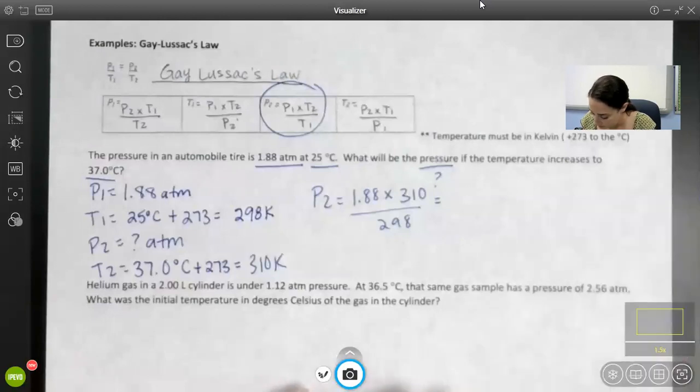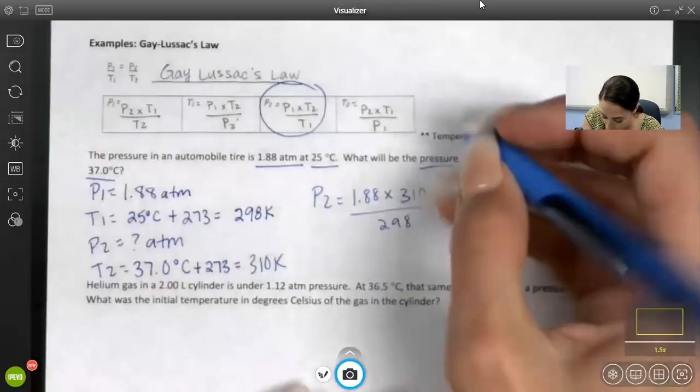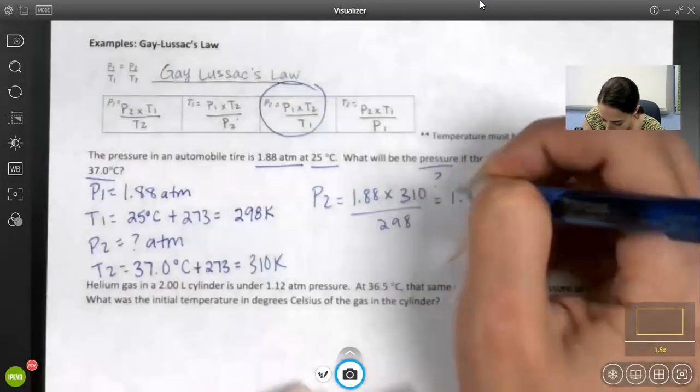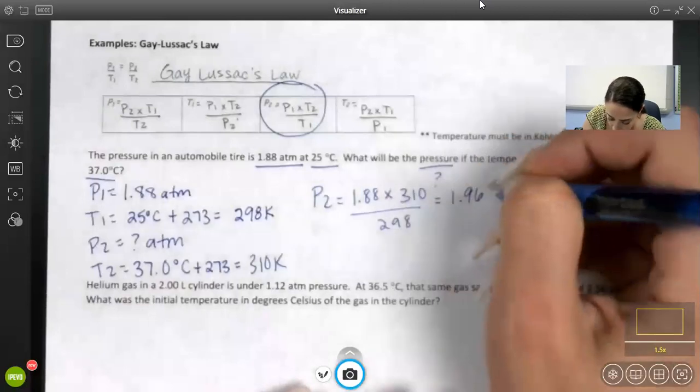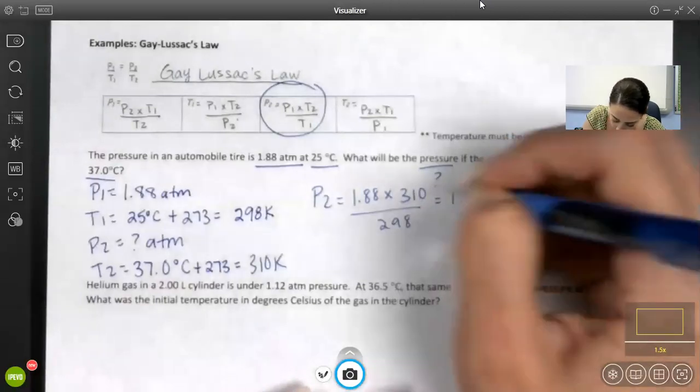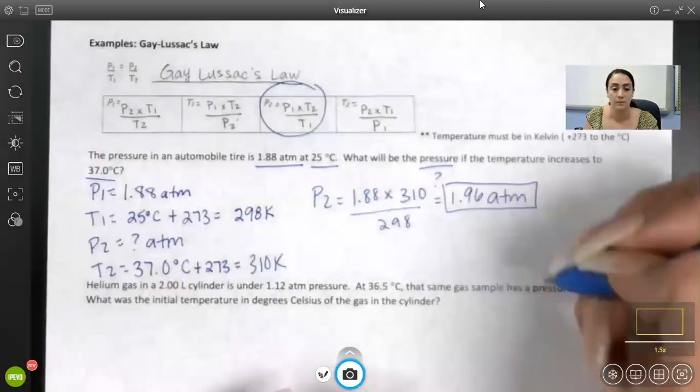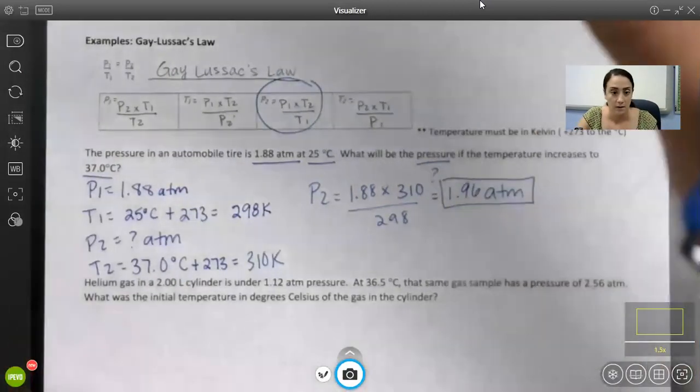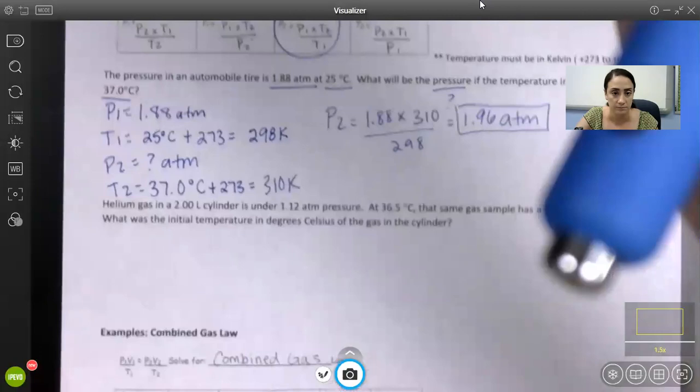This one comes out to 1.96 atm. All right, on the next example,